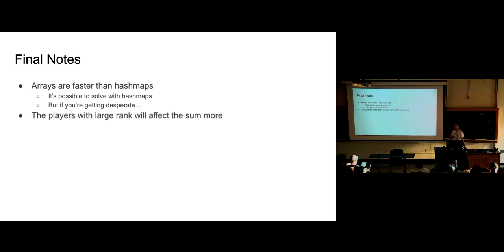The players with the largest ranks are going to affect the sums more, right? The consequence of this is that if you were picking teams and trying to make the sums as close as possible, and you started with the low ranks and went up to the high ranks, you can imagine how you might get stuck at the end, left with just one player with a really big rank. You're likely to get invalid solutions if you go from small ranks to large ranks. So it's probably a good idea to start with the large ranks and work backwards,